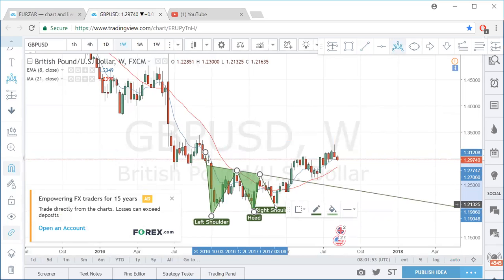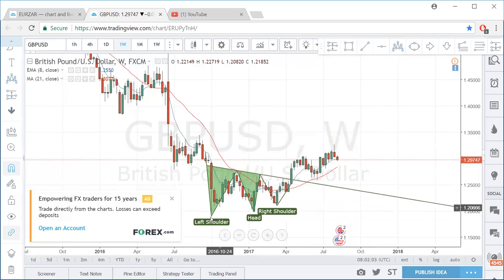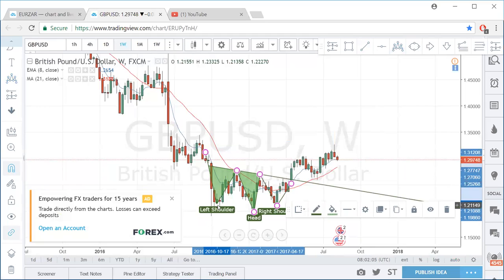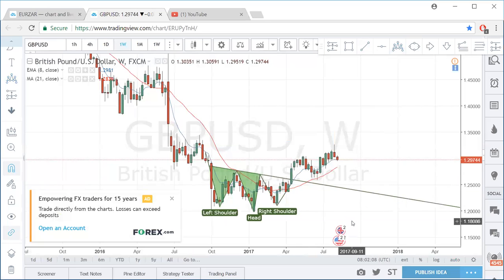And this is my right shoulder. Here. Good. Let me put this here. Okay. So I said the shoulders mustn't be the same size